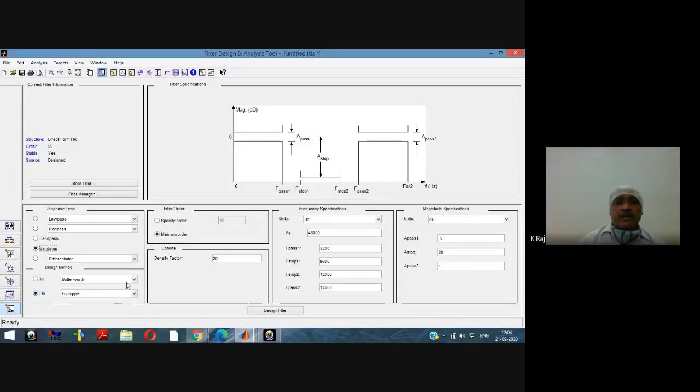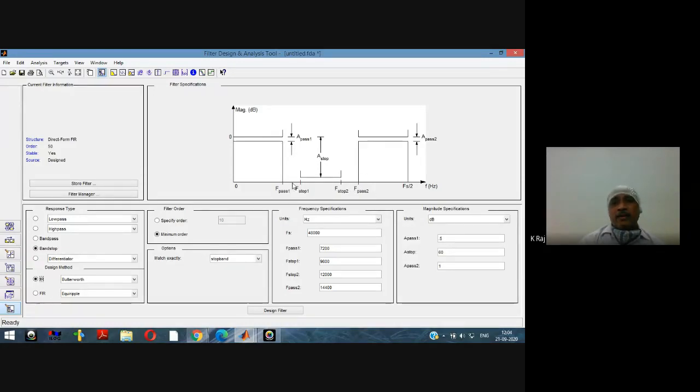And in the IIR filter there are different methods that are used to design the filter. If we are interested in a flat response, then we will select the Butterworth. For example, if we select the Butterworth, then see here that this is the structure specified, that is the pass band has a flat response, as well as the stop band has also a flat response.